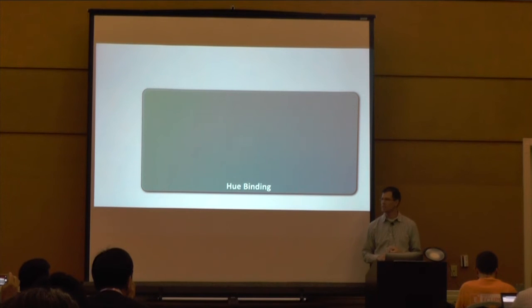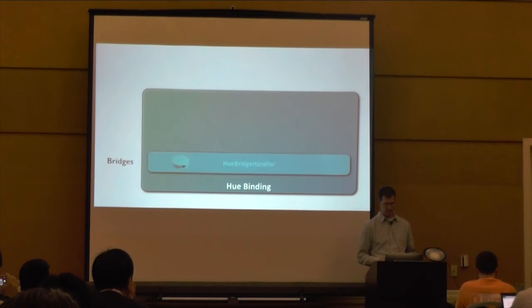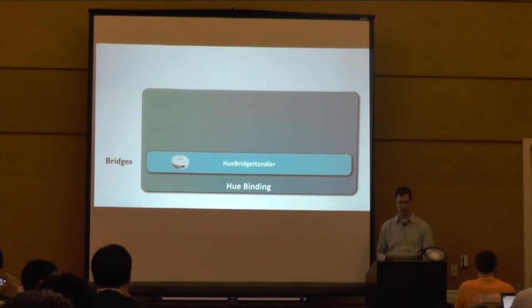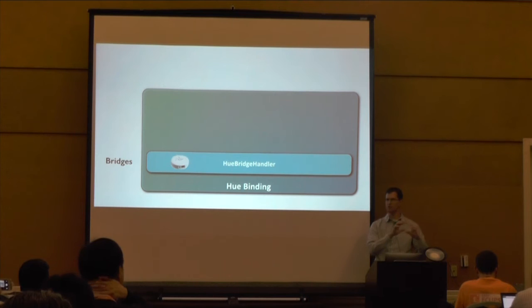Now, having a closer look at what's inside such a binding. An example is Philips Hue, the LED lighting system that Philips offers. This comes with a bridge, which is here on the table as well. It's a small IP gateway from Ethernet to the Zigbee radio network, because the Philips bulbs are accessed through Zigbee radio. So first of all, you would have to implement a special handler for this bridge, which